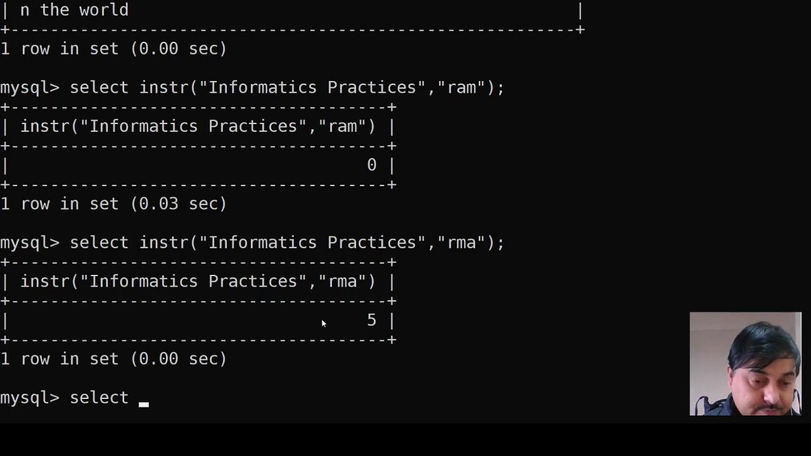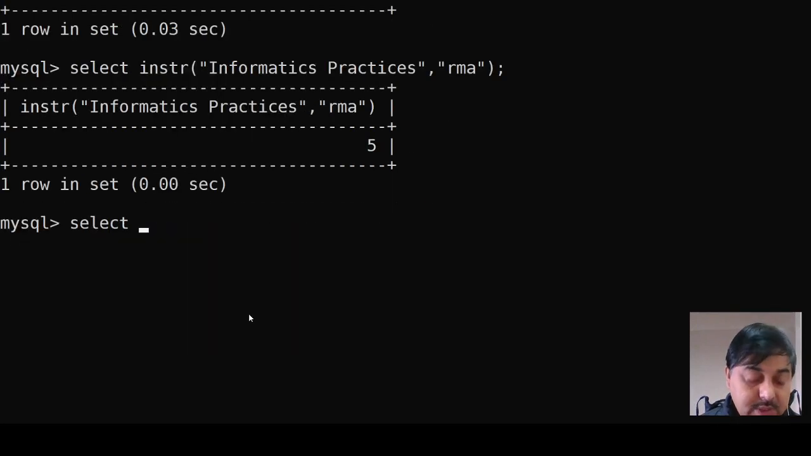SELECT, then INSTR, in string. In string, what? Just a moment. In string, open the double inverted comma. Suppose we are writing here trees, T-R-E,